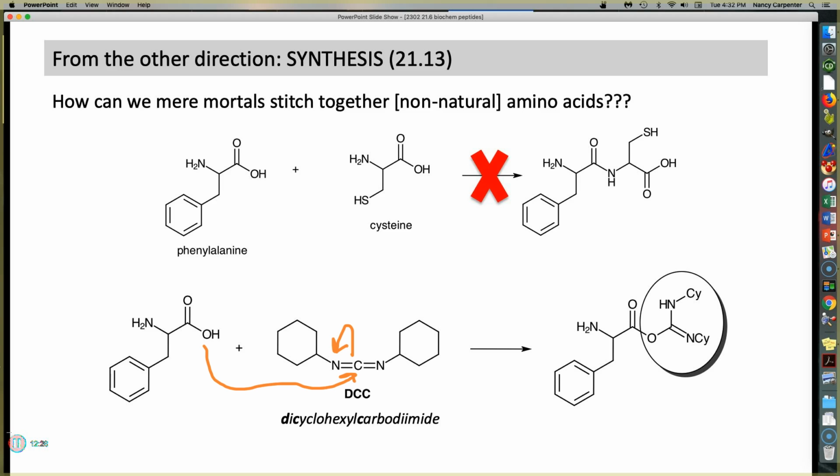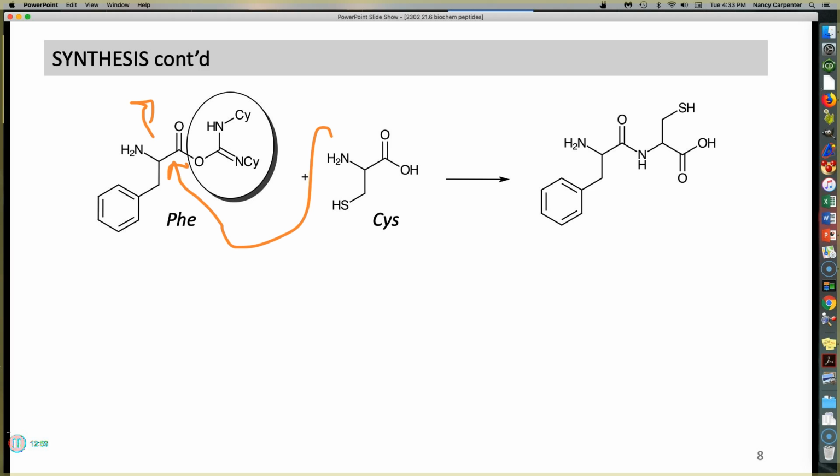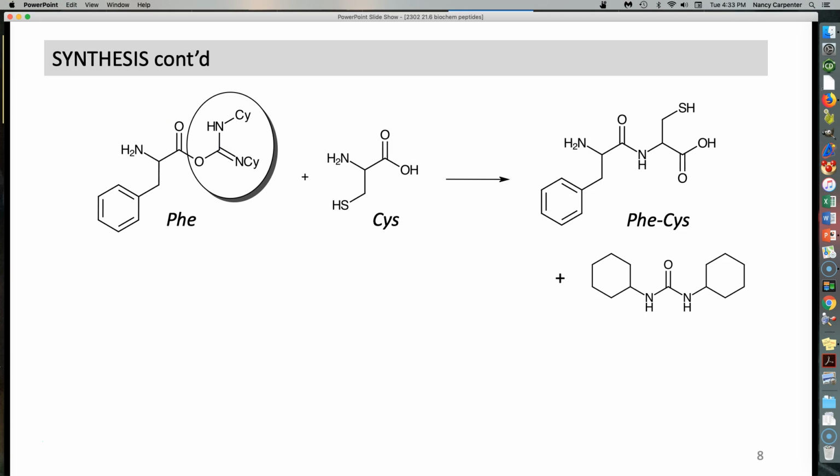Obviously, I can assume under acidic conditions that I will get protonation on my nitrogen and I get this product. Alright, turns out this thing over here in the circle is really a great activating group. So now instead of an acid chloride, I have this phenylalanine with this DCC adduct. And so it ought to be very easy to just go ahead and come over here, up, down, out, and we shall see that that should give me what is called